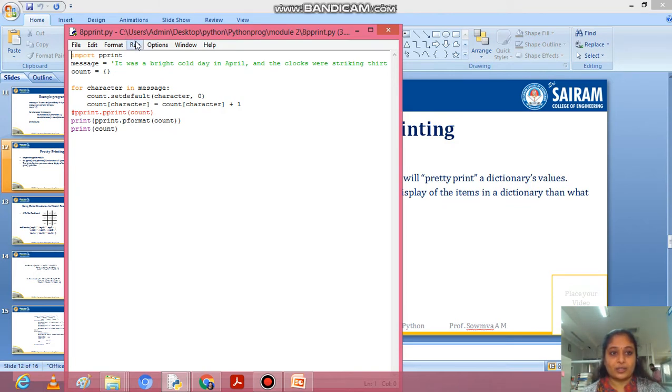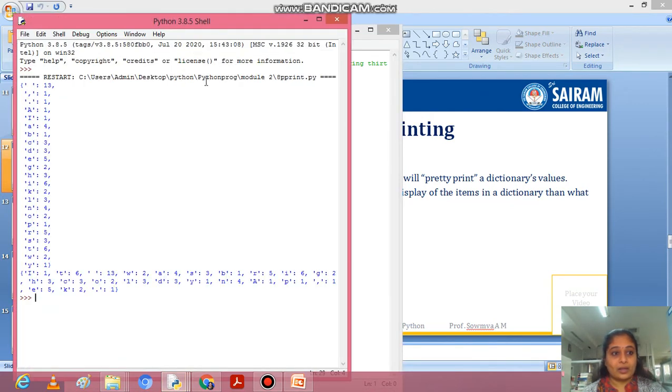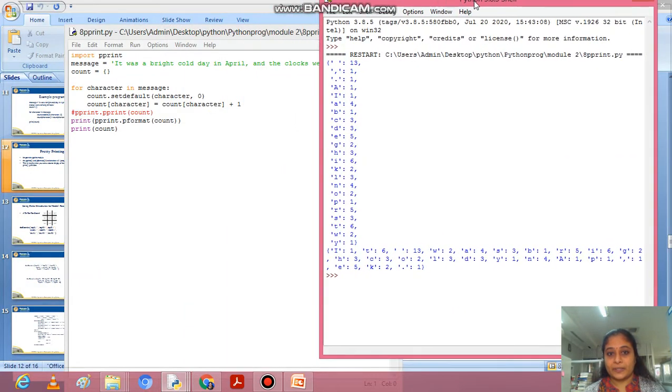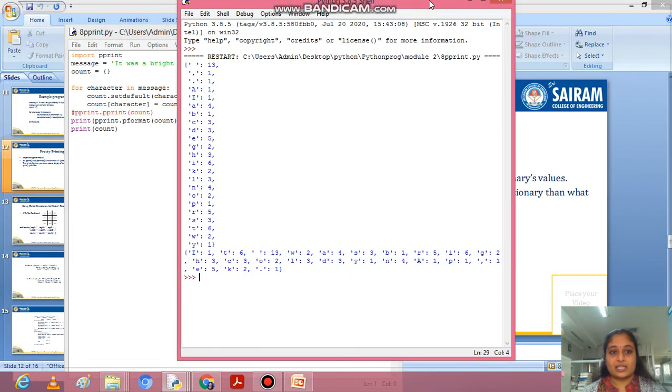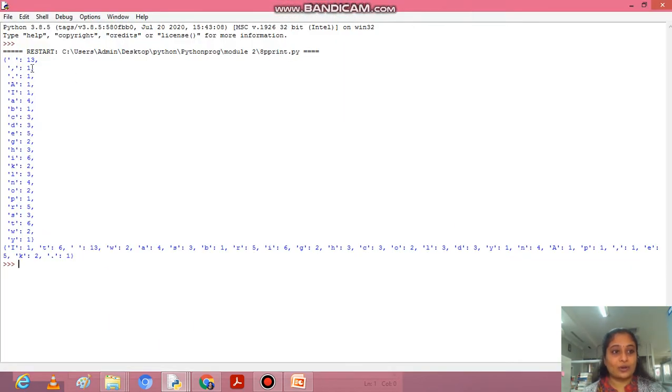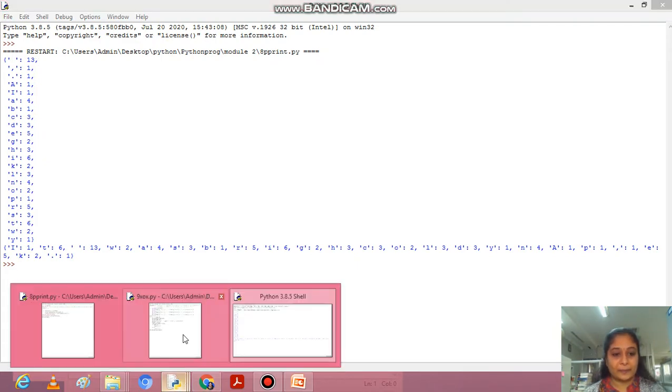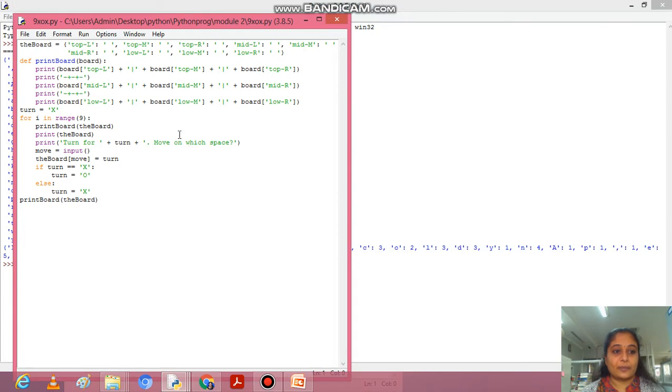If I execute this program, the string with the pprint method has taken the count of the string and it is printed one after the other,